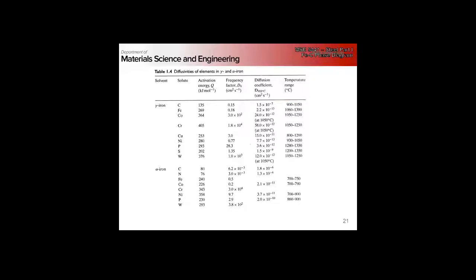Right, if we look into ferrite, we've got 4 or 5 orders of magnitude difference with respect to the diffusion coefficients at the temperature range that we're interested in. Right. So carbon,